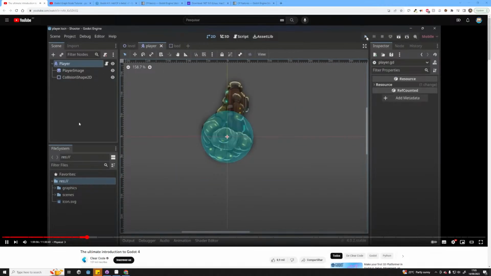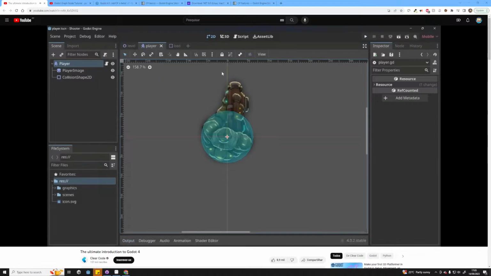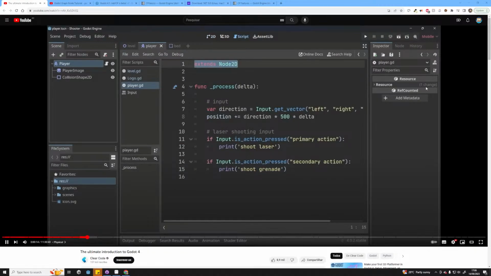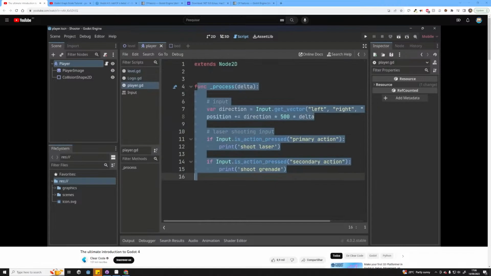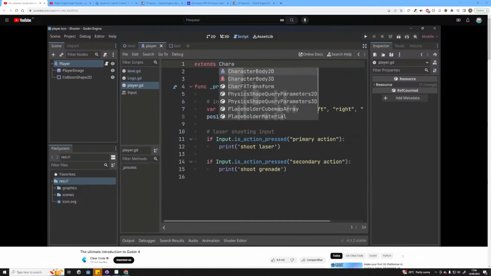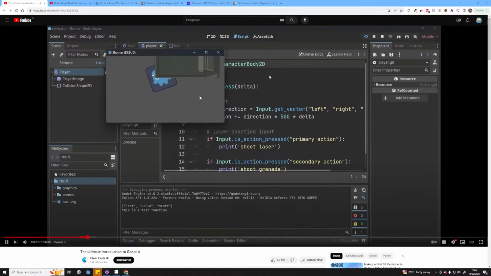That being said, right now, if I run the code again, I still don't get any kind of collision. So something still isn't working. The reason why that is, if I look at the player and open the code, we get one problem: we are extending a node 2D. This is because early on, we created a node 2D and attached all of the code. But we changed the node. Now we don't have a node 2D anymore. Instead, we have a character body 2D. So we don't want to extend a node 2D, we want to extend a character body 2D. Now that we have that, I can run the code again, and we still